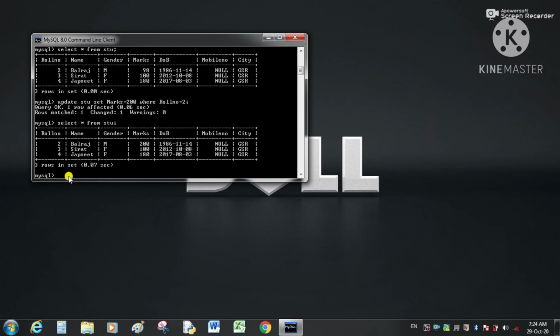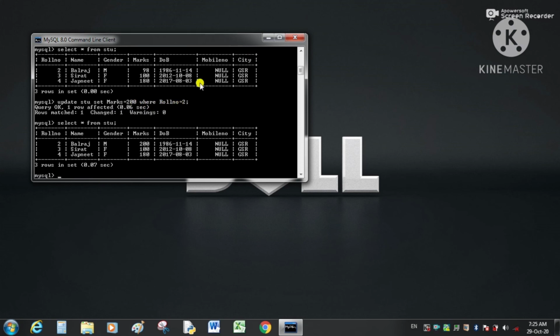For that, we will write set marks is equal to 200, comma, city is equal to Hoshiarpur where roll number is equal to 2.